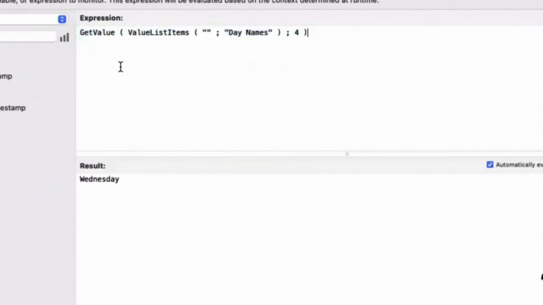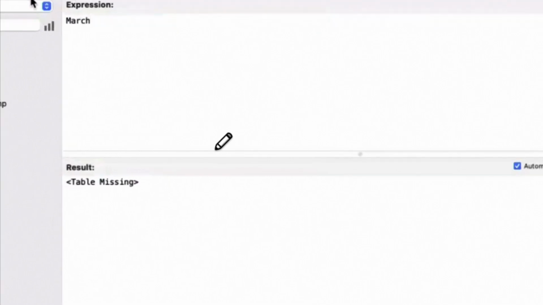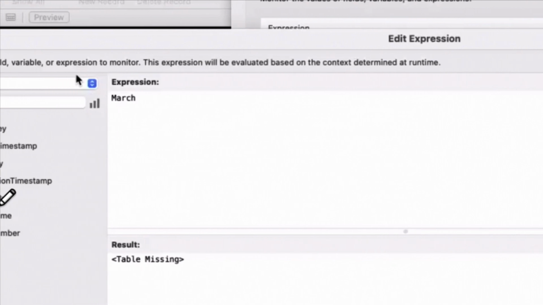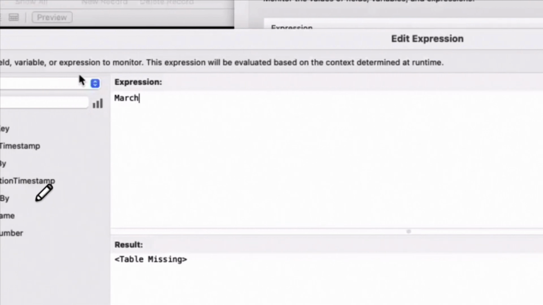I want to know that March is the third month of the year. How do you do that? Tell me. I guess you could use a position, but you'd have to put position of the value. But there's no such thing as a value position. You're a bad customer because you know too much. No, I'm just thinking out loud. I don't know if there's a function. But you're right, you need a reference.